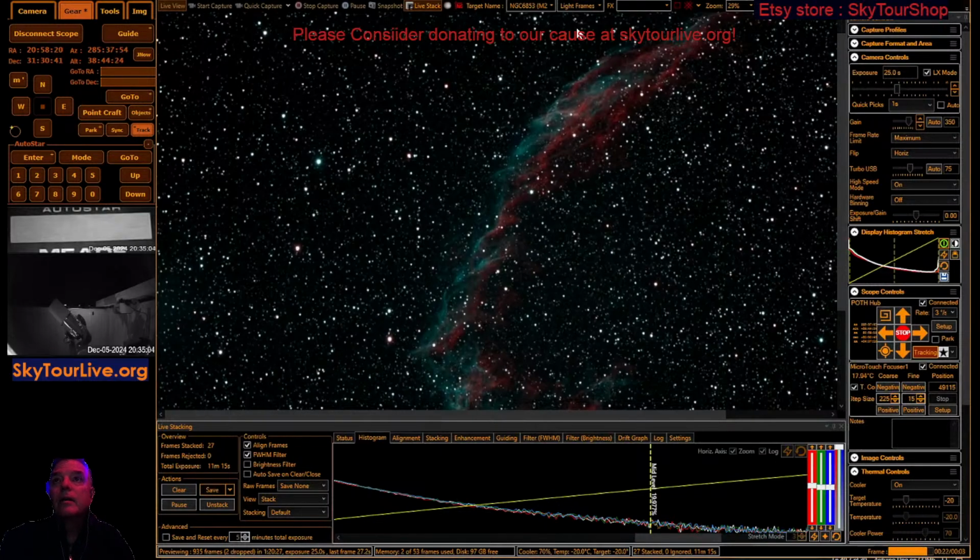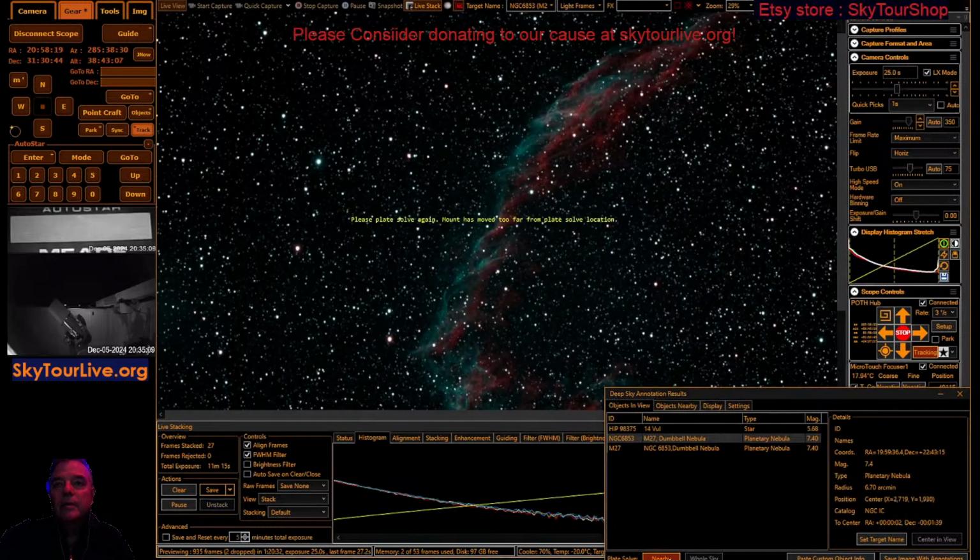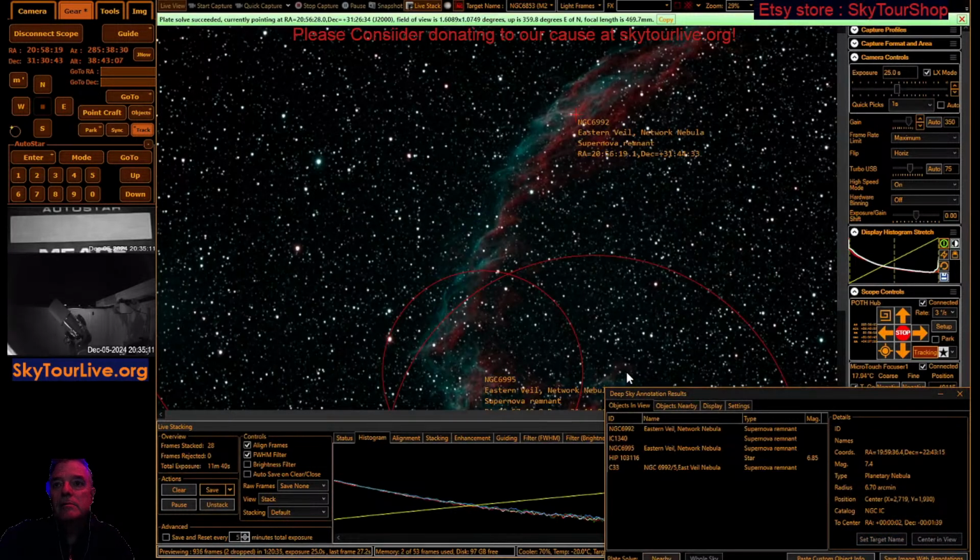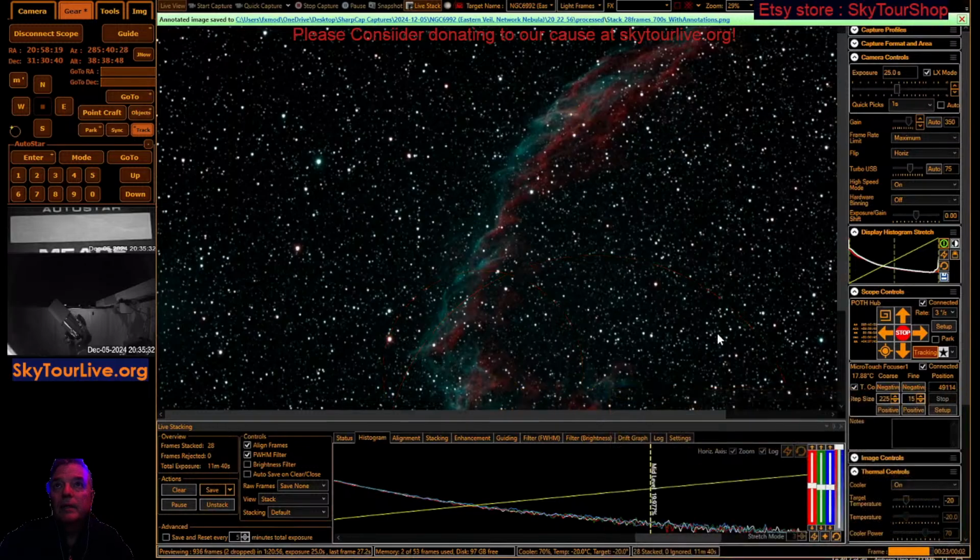we're gonna annotate it. If it doesn't know what it is, we will add it in. It does know what it is, but there we go. Okay, this is the Eastern Veil right here, and we're gonna set the target name. Okay, and then we'll save the annotation. Good. We'll get out of here, and now what we'll do is save it and save it exactly as seen,